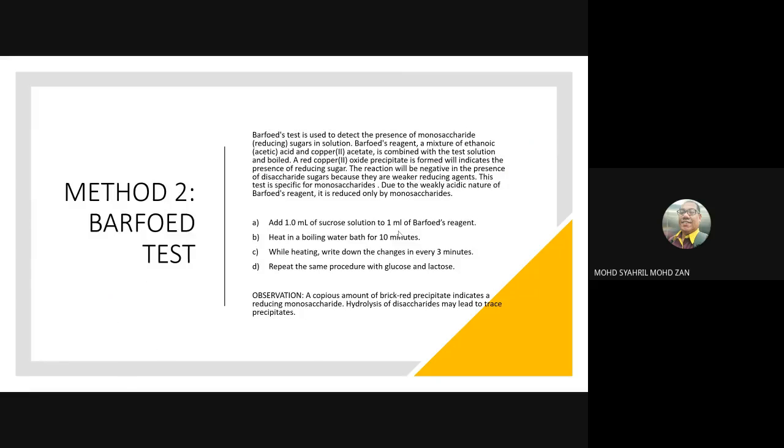Okay, Barfoed test is used to detect the presence of monosaccharide reducing sugar in solutions. Okay. Barfoed reagent, apa dalam Barfoed ada? Is a mixture of